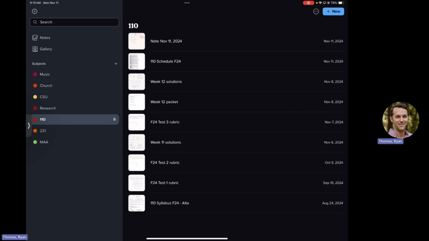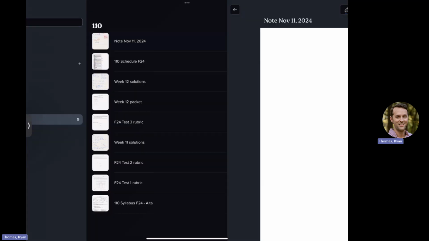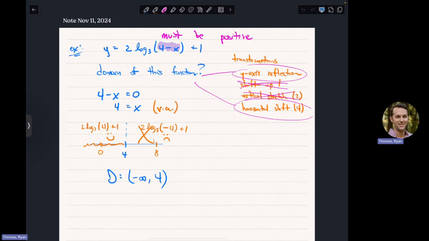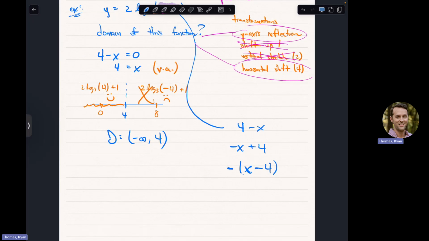Okay, go ahead. So since it was 4 minus x, how can we shift it to the left? Right, you can think of 4 minus x as negative x plus 4. When the shift and the reflection happen in the same way, like that, you kind of need to think of the negative that way. Oh, sorry, you can't see what I'm writing. So it's either a